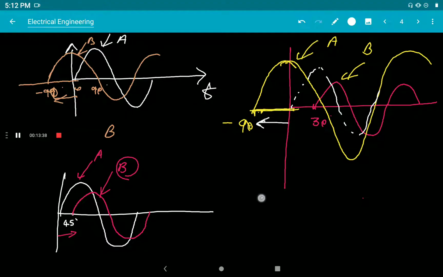So we can say A is leading reference wave by